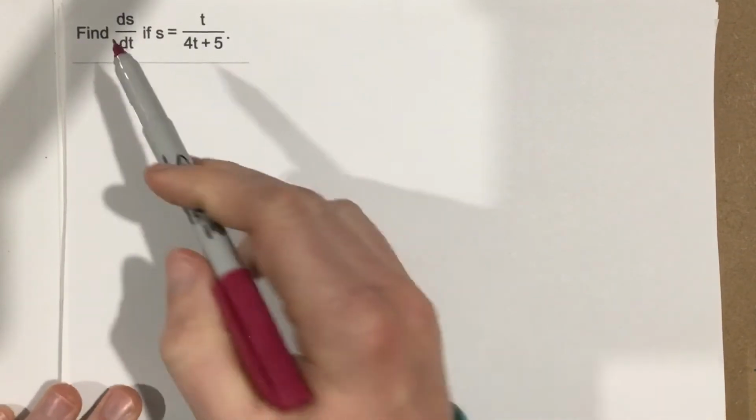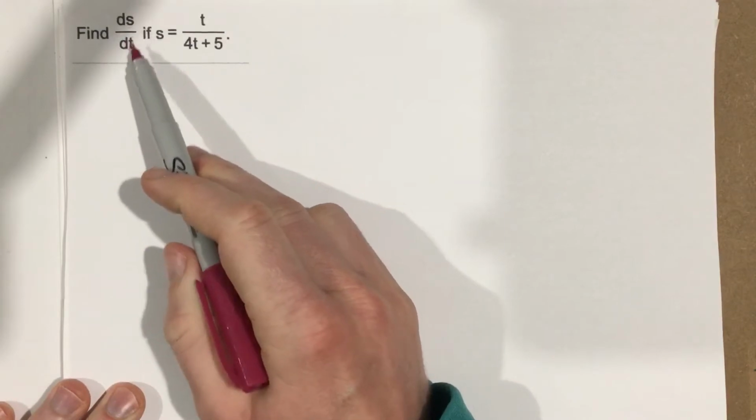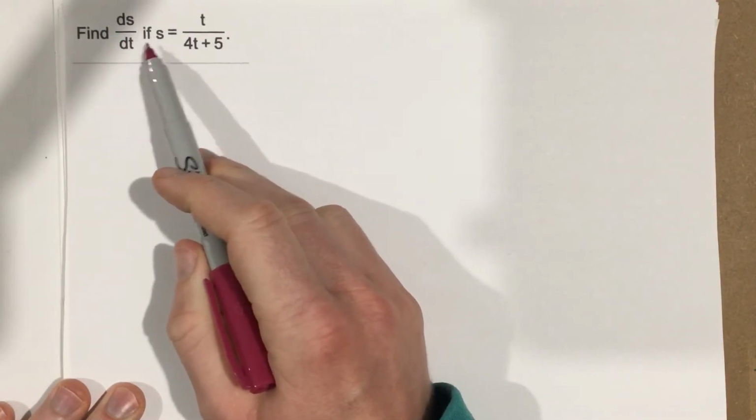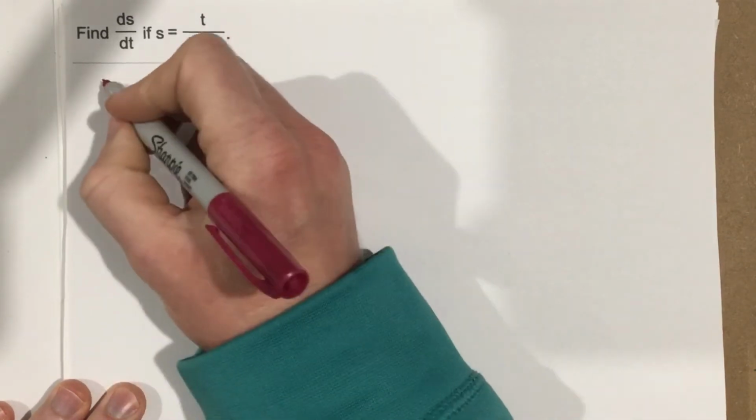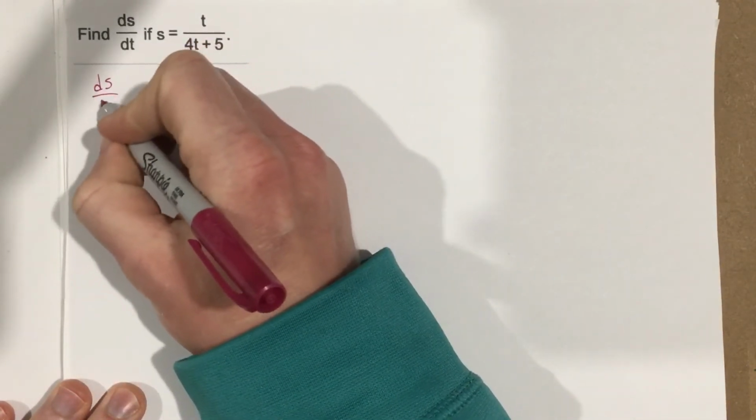This is problem number 3 from section 3.2. In this problem, they say find the derivative with respect to t if s equals t over 4t plus 5. So they want us to find ds over dt, and we know we're going to do this